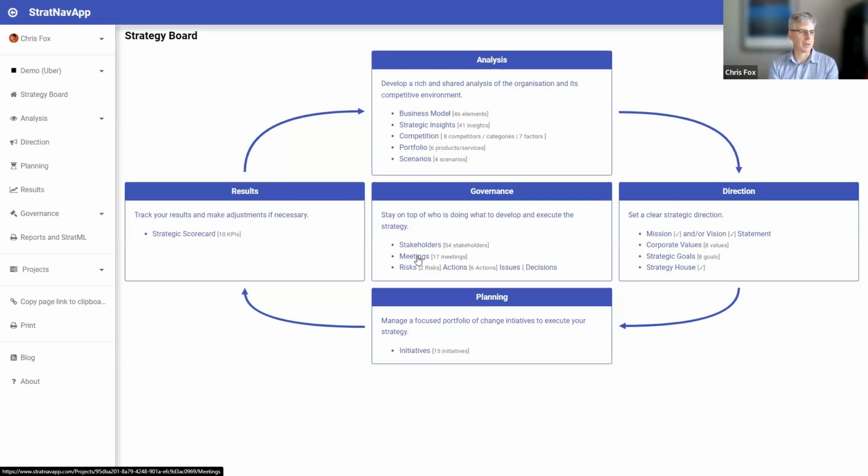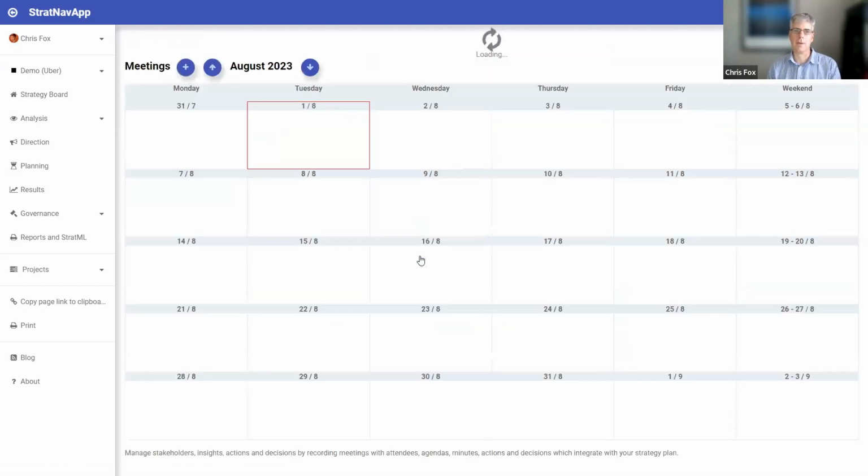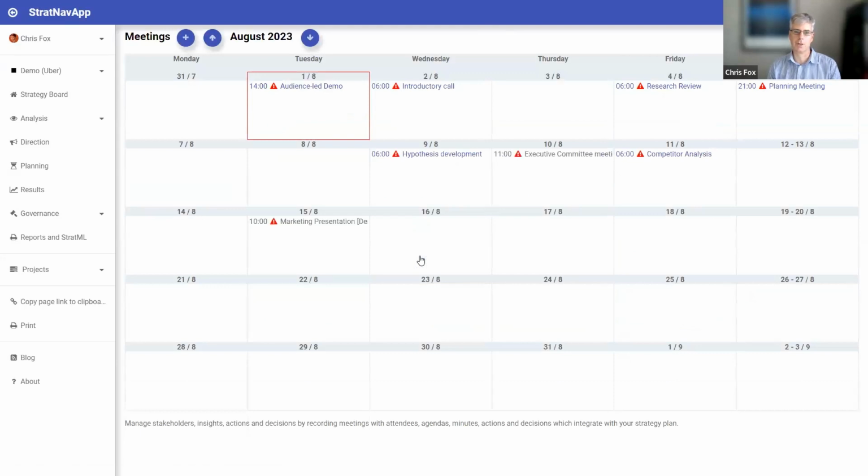So, you know, pretty much, yes, you can lock yourself in a dark room and put a towel over your head and do strategy, but most strategy tends to happen more collaboratively in a meeting-based environment. And so we built meetings quite centrally into the functionality at StratNavApp. And you'll see, as I always point out to people, it is in fact the very middle thing on the strategy board overview. And if I click on the meetings,